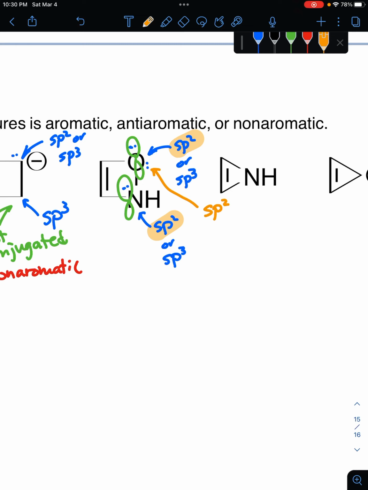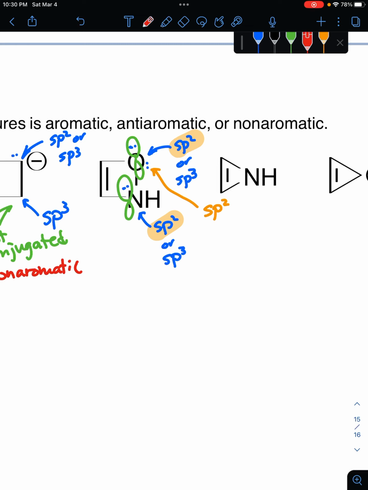Because there's a total of 3 sp2 orbitals, so there would be 1, 2, 3 sp2 orbitals. 2 of those make up the bonds with carbon and the nitrogen, and one of them holds the one lone pair of electrons. All of that to say, we do have these 2 lone pairs in p orbitals, which means